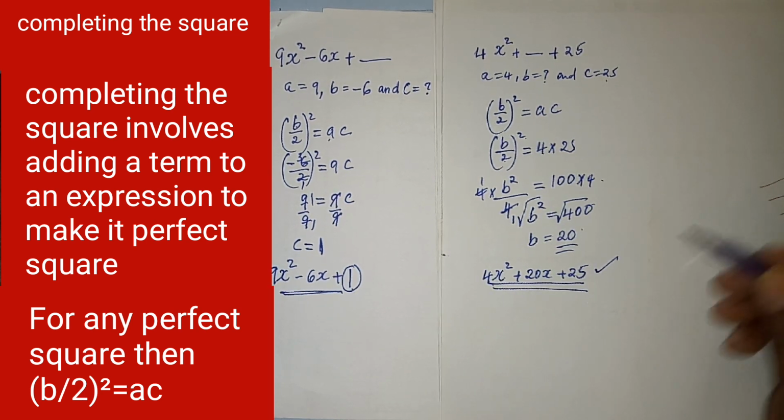So that is how we use completing the square to find the missing term of a